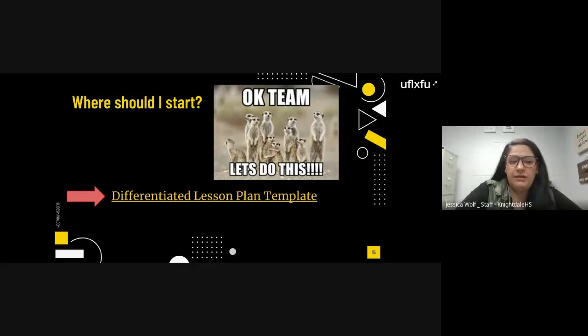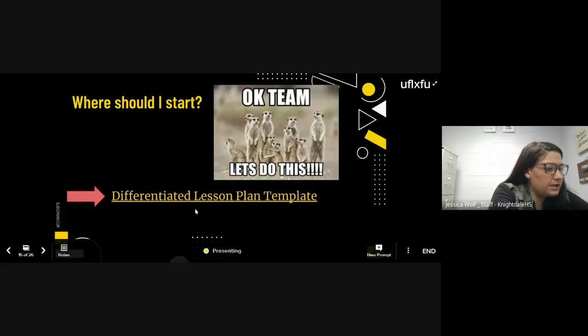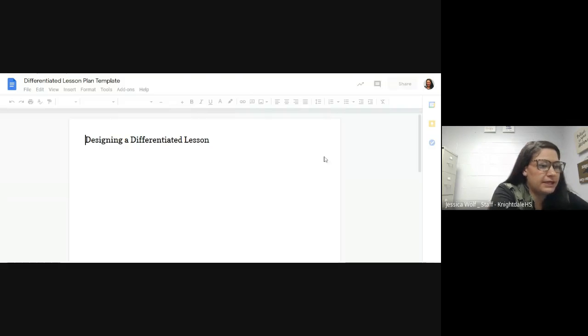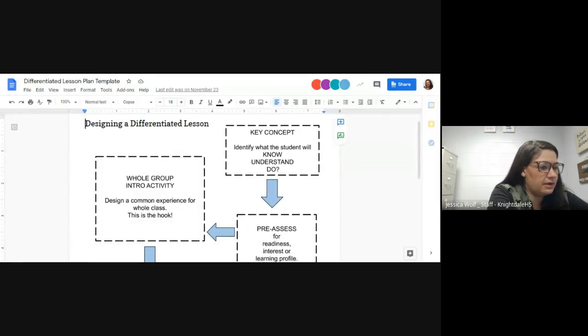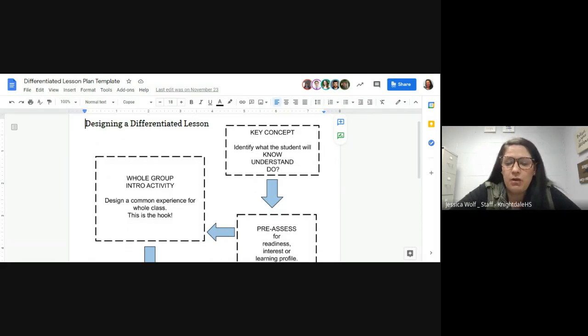All right, so we have given you a decent amount of information here. Now it's really about thinking, where do I start? If I have this assignment or this assessment or this project, and I want to think about how to differentiate it for my students, where do I start? I'm going to share this in the Meet, but you can also look at it from your Pear Deck. This is a template we can think about when we are trying to start planning